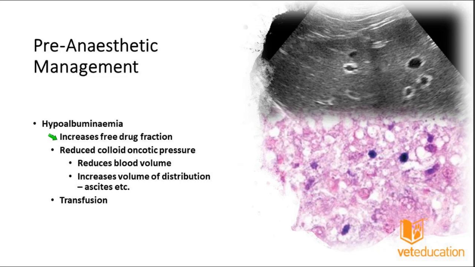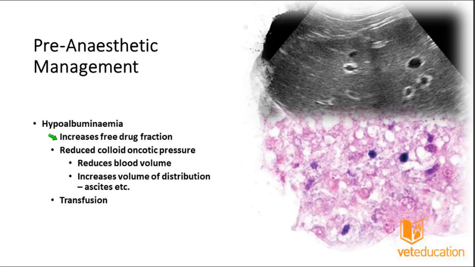What are we going to do to manage hypoalbuminemia? Well, the best thing we can do is transfuse our patients with fresh frozen plasma at a dose of anywhere between 10 to 30 mLs per kilo in the immediate 4 to 6 hours prior to anesthetizing our patients. It's very, very difficult to increase the albumin concentration using fresh frozen plasma, but